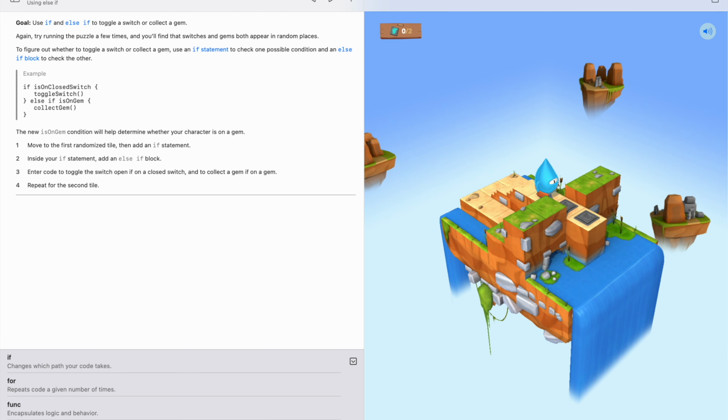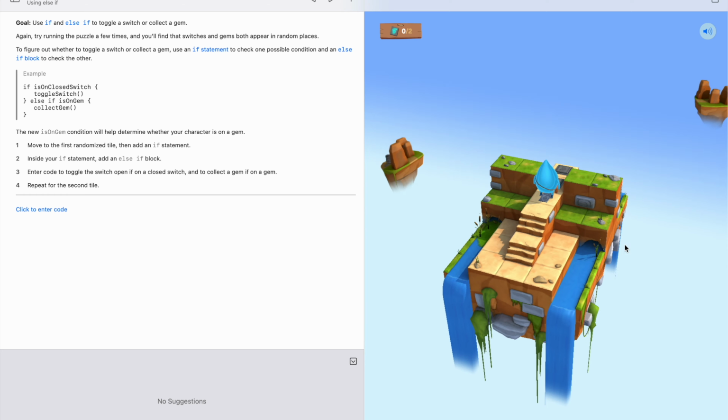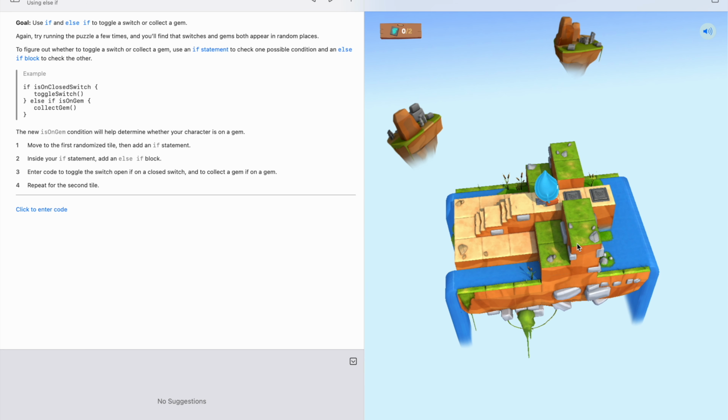Okay, so using if and else if statements now. To toggle a switch or collect a gem, the point here is if we are on a closed switch, we toggle it open. Otherwise, if we are on a gem, we collect the gem. So there are two potential squares, so we need to check both of those. For i in 1 to 2,